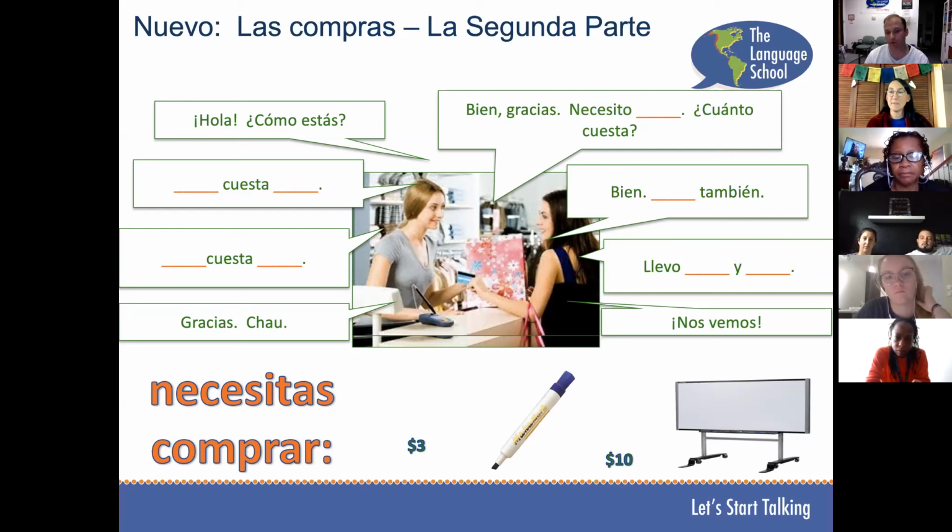So I really like teaching this dialogue because it's very practical. I don't know exactly why everybody here is learning Spanish, but if you get on a plane and go to Mexico, when we're all gonna go celebrate when we're allowed to leave the house, right? First thing you're gonna do is go buy something once you get off the plane, like a bottle of water.